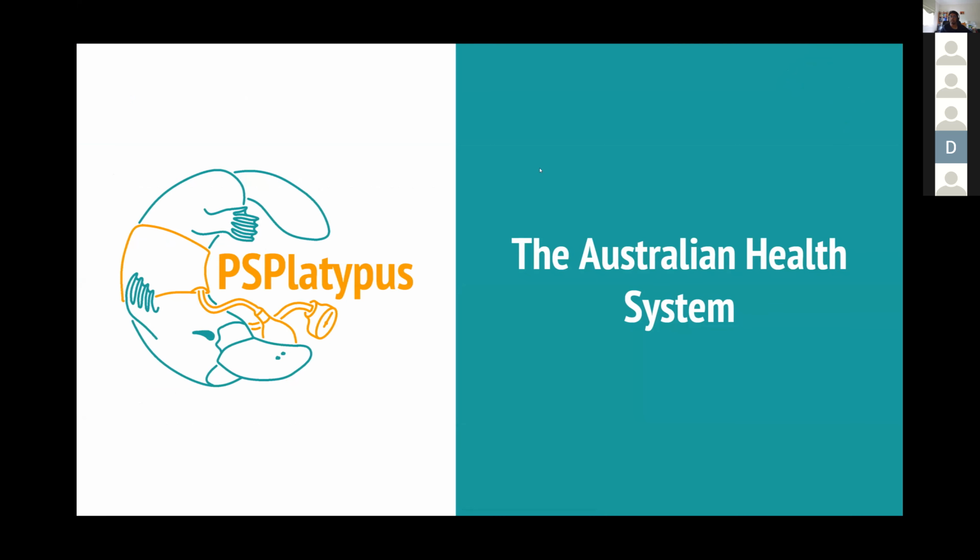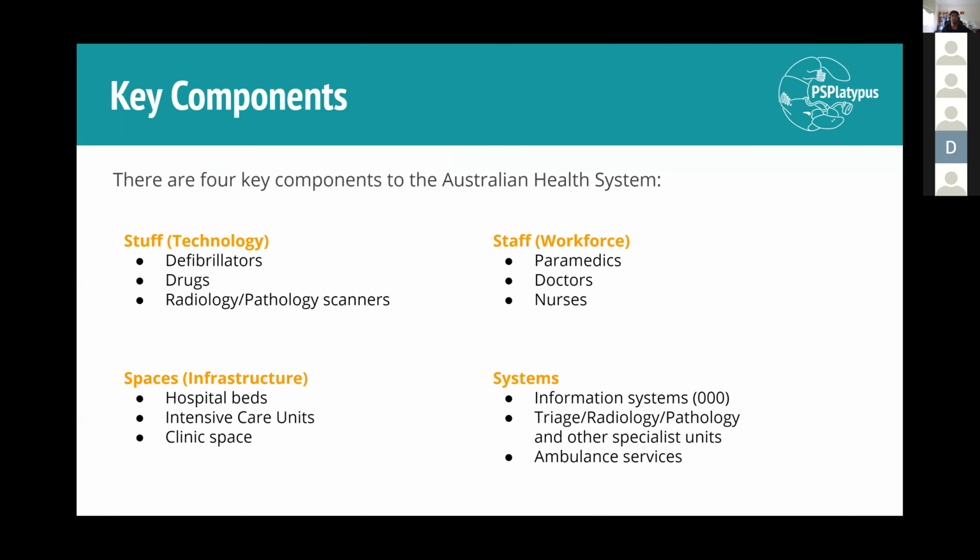Okay, so this is your HKS topic for week 2, the Australian health system. This is basically just looking at how medicine in Australia works at a big picture scale. So this is really high yield. These are the 4 key components, and you'll come back to this in, for example, your HKS assignment. They'll want you to talk about all 4 areas, and you want to make sure that you hit all of them. So we have stuff, technology,